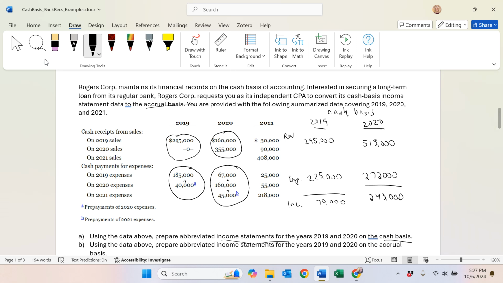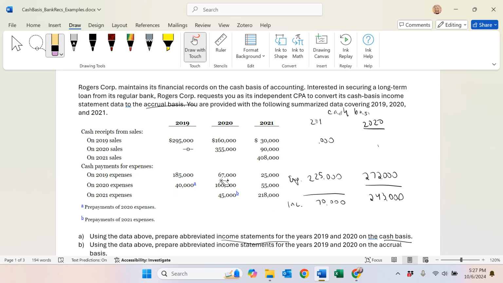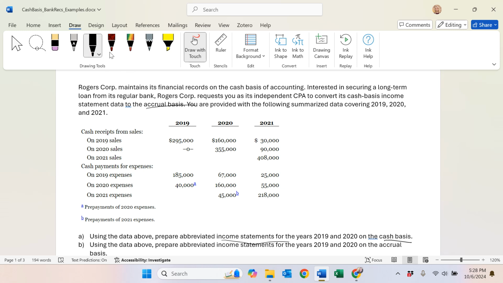Next, we're asked to do something similar, but looking at revenues, expenses, and net income on an accrual basis. So now we don't care about when the cash payments and receipts were done. We care about what they relate to. So under our accrual basis, looking at 2019 and 2020,